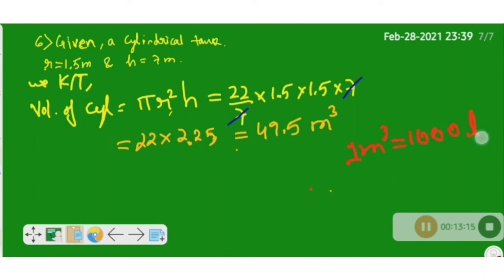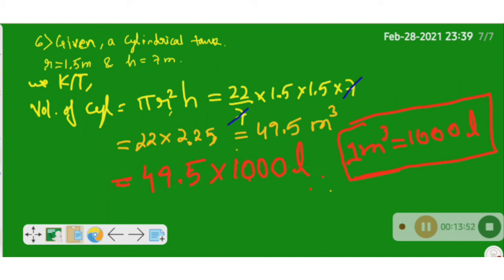So one thing you have to understand, that 1 meter cube is nothing but 1000 liters. You have to remember this conversion. So how 1 meter cube is 1000 liter means, you imagine a cube whose all the sides are 1 meter. You know how long 1 meter is, 100 centimeters. Okay, so it's going to be a very big cube box. So in that, it can hold 1000 liters of water. So that is the conversion, you need to understand this.